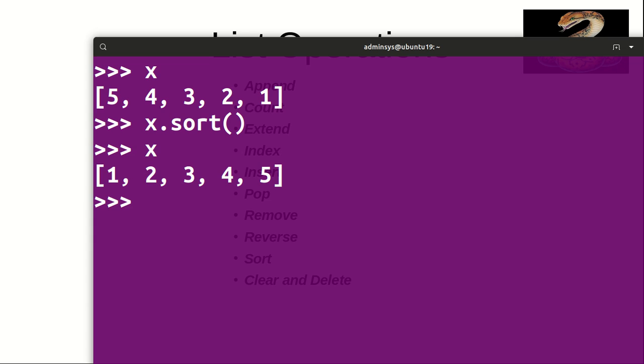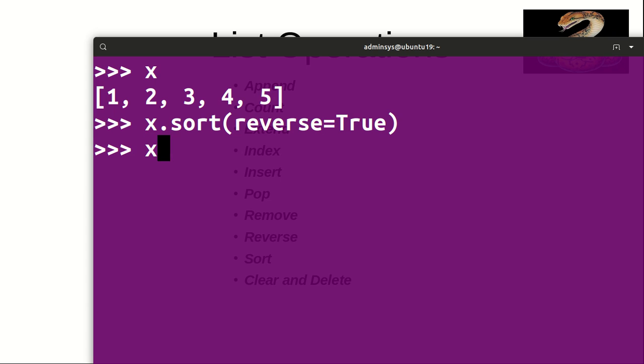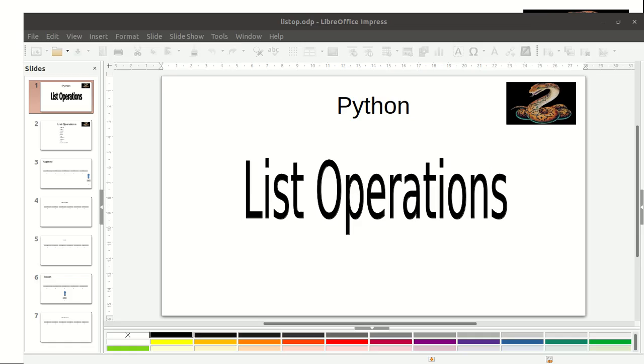Suppose if you want the values in descending order, then I need to mention x dot sort, and I need to pass one parameter, that is reverse equal to true. So now if I check the value of x, it returns the values in descending order. So that's how sort method works.